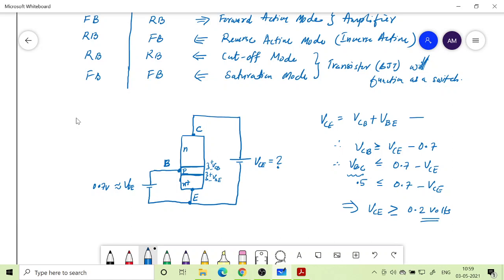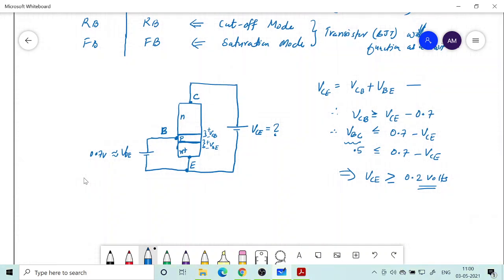So what did I do? I took this 0.7 to the other side, so it became minus 0.2, then multiplied it by minus 1 on both sides, so that will make this side positive, but less than becomes greater than. So any voltage that you apply here greater than 0.2 volt will be effectively considered as making the collector base junction operate like a reverse bias. That doesn't mean that we have given a really negative voltage at P with respect to N, but that voltage will be lesser than the cut-in voltage. So we are okay with that.